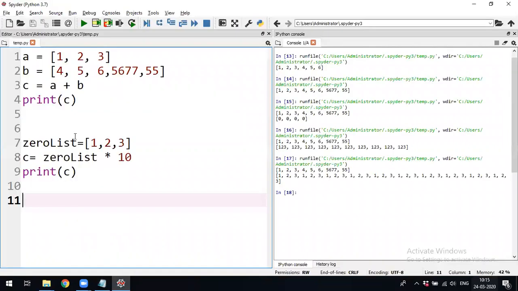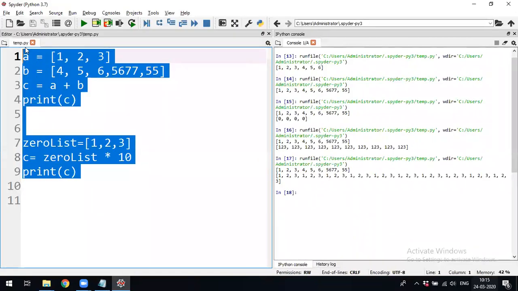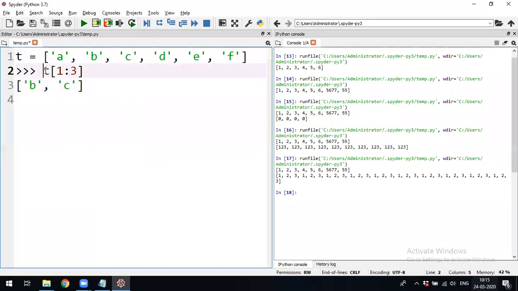If you want a part of that, there is a list which contains how many elements? 6 elements are there. If you want a part of that list, directly you can give the index from 1 to 3. If you give 1 to 3, you have already seen the last index is going to be excluded.